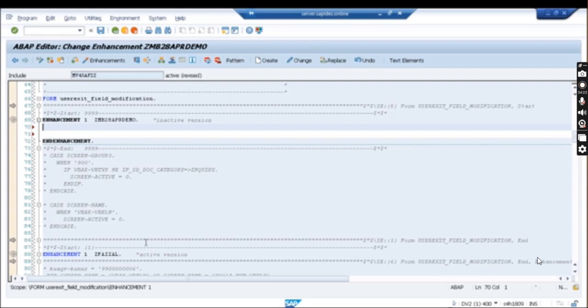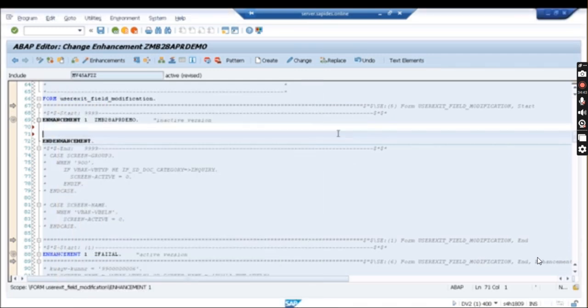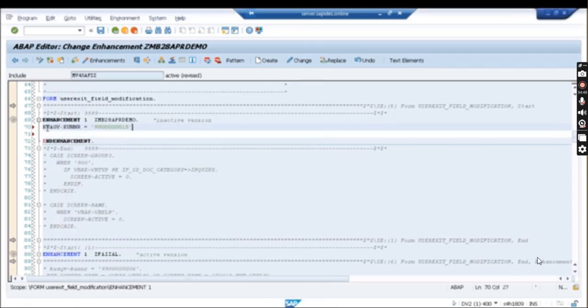Now I just want to write this particular code. I want it to populate by default. So I will copy this one and paste it over here, and copy this particular code. Because this global variable is accessible inside the subroutine, I can directly write this code over here, full stop. Here you can write a big line of code